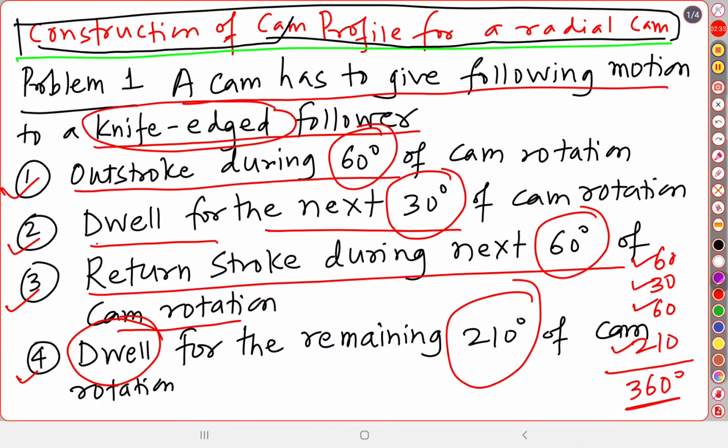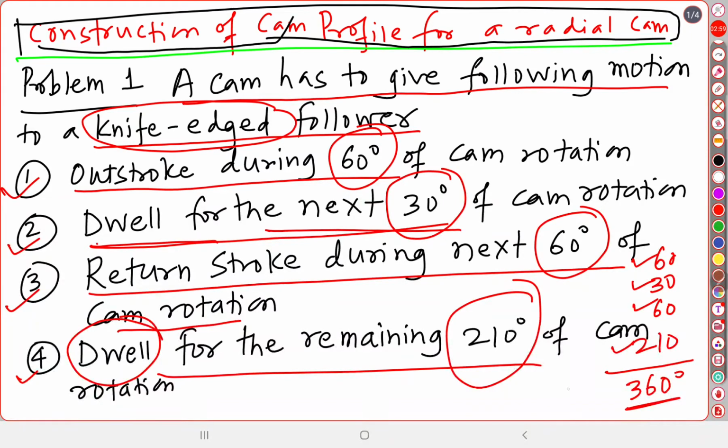So we understood how the outstroke, the dwell, the return stroke, and after that the long dwell for 210 degree of cam rotation go. So one is the outstroke, one is the return stroke, and two dwells are given in this statement. First dwell is for 30 degree and second dwell is for 210 degree. After that,